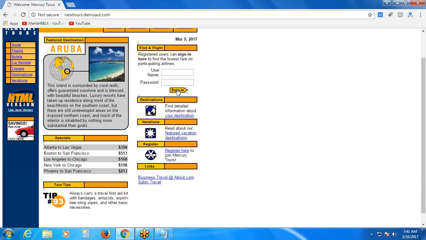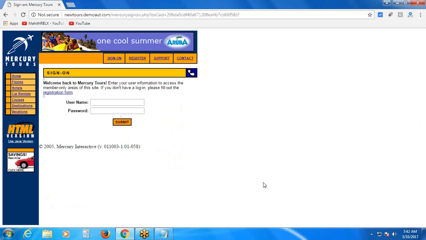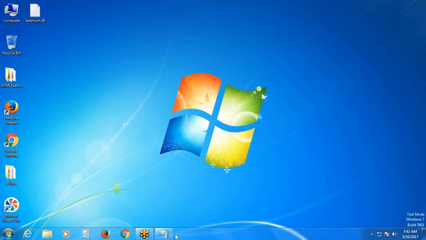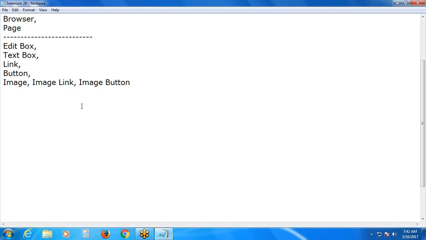Suppose without entering anything, you try to click, again it is asking for the same username and password in another page. Okay, this is an image button. Then submit is also image, sir. Submit is also an image button. What is the problem, Bhairappa? Yeah, got it, sir. Okay. Next,